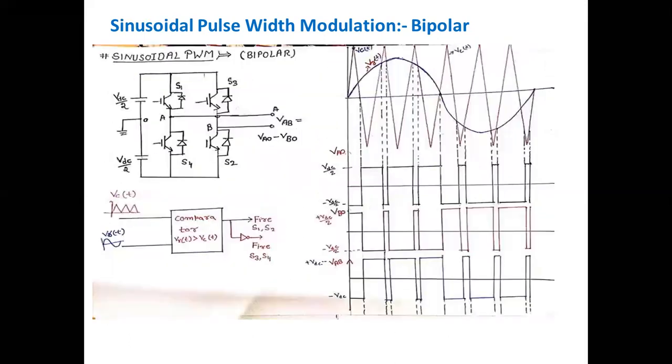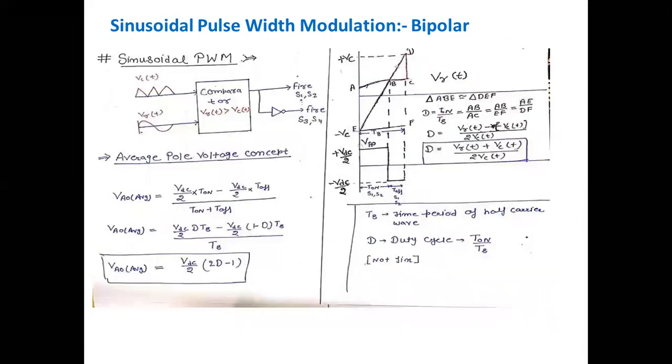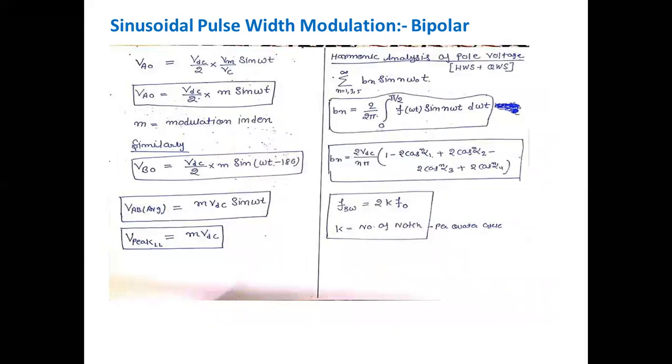Okay. So first, take one time. This is your pole voltage. This pole voltage gives you the half wave symmetry and the quarter wave symmetry for the Fourier series. So what is half wave symmetry and quarter wave symmetry? As you know, and if you don't know, take a look at it once. This waveform gives you the half wave symmetry and the quarter wave symmetry. So for half wave and quarter wave symmetry, you know that we do not need to calculate A naught and An. The equation comes here only for Bn. So the equation is written as the summation of n equal to 1, 3, 5 to infinity of Bn sin n omega naught t.